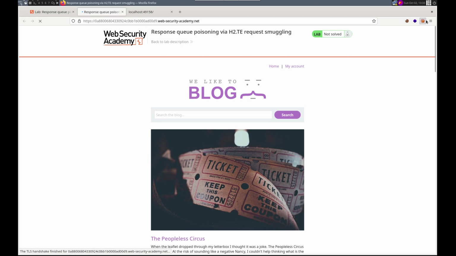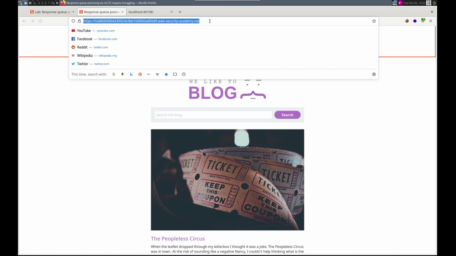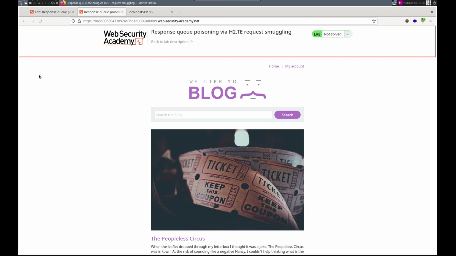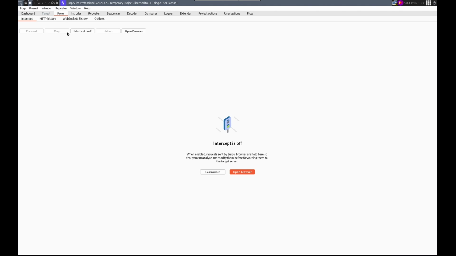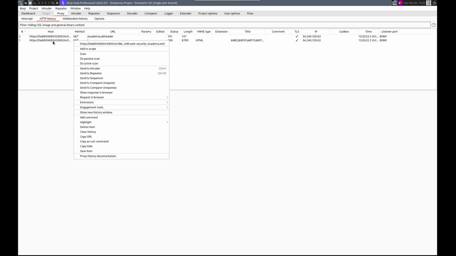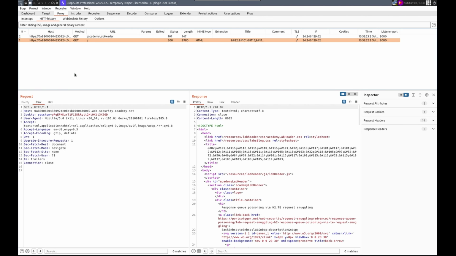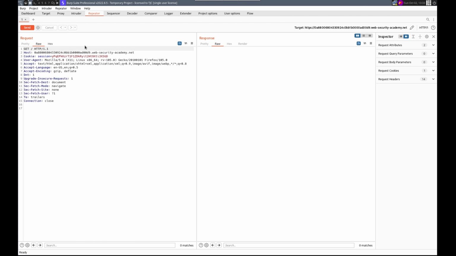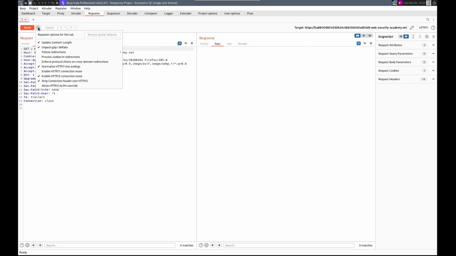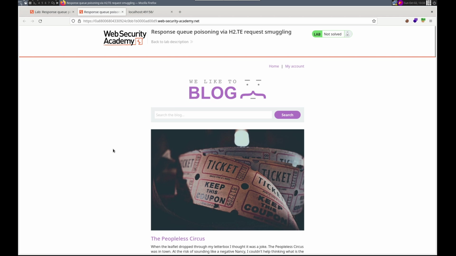Come on. We need to turn Burp on as soon as this responds. There we go, finally. All right, let's do that. And then Proxy HTTP history, we're going to send this guy to Repeater. And then we need to be able to send HTTP/2. So first, because of that comment that we saw here,